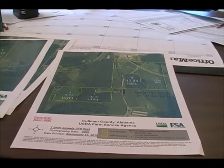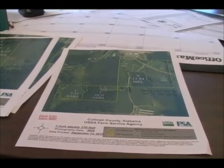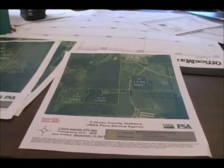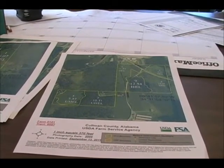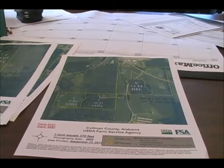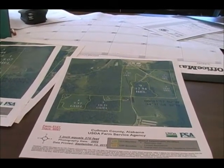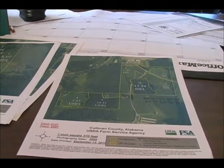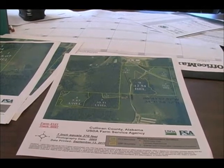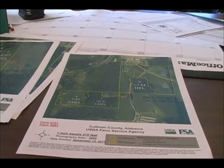You've decided to get GAP certification. One of the first things you need to do is go to your local FSA office and obtain field maps. The field maps will have the GPS coordinates of each individual field you plan to crop in the particular commodity you're getting certified for